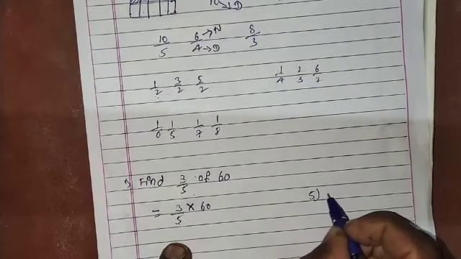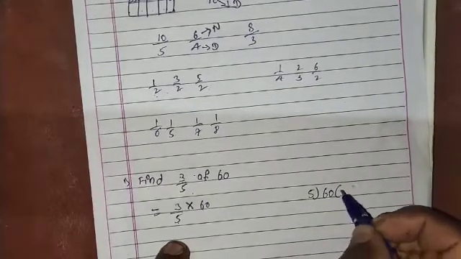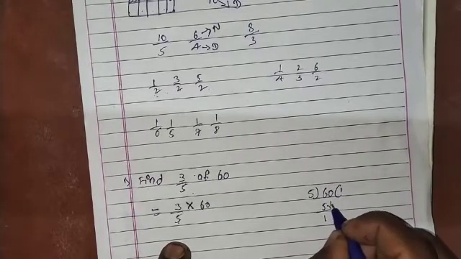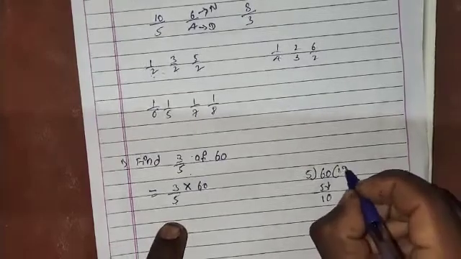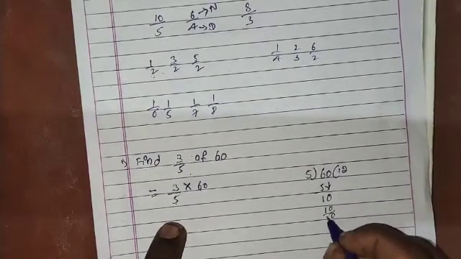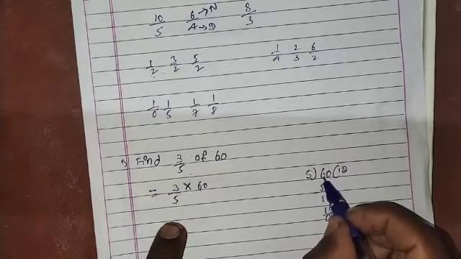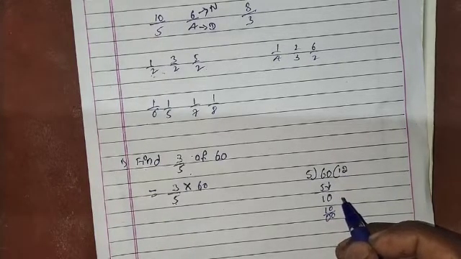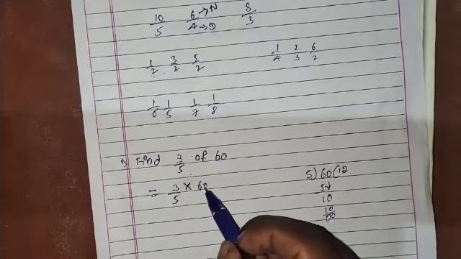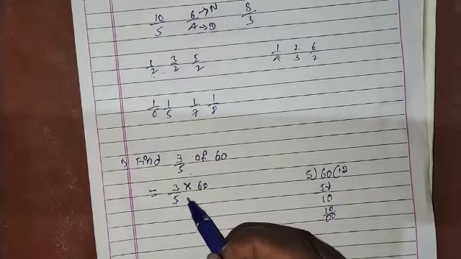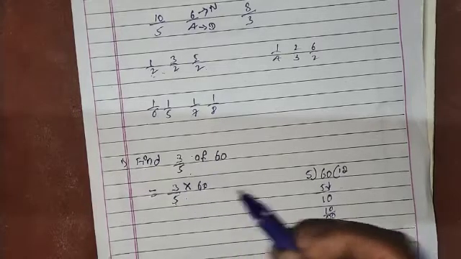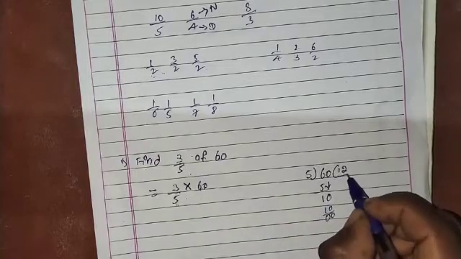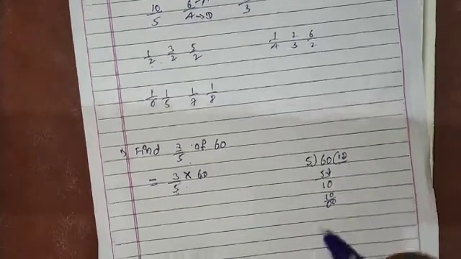5 divides the 60, how many times? 5 ones are 5. We get 1 as the remainder. Now we take this 0 down, it becomes 10. 5 twos are 10. We get remainder 0. So 5 divides the 60 twelve times. The first step is to divide the whole number by the denominator. When we divide the whole number by the denominator, we get 12 as the quotient, or answer.